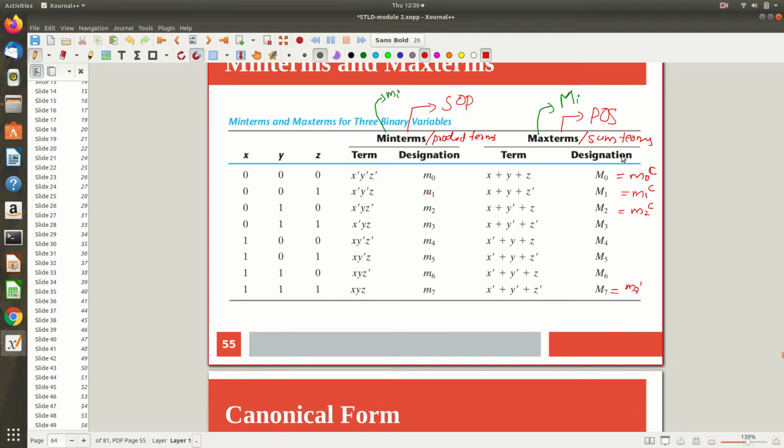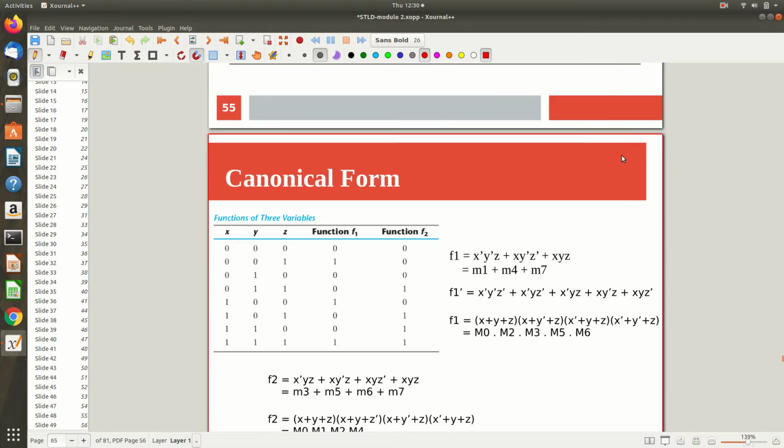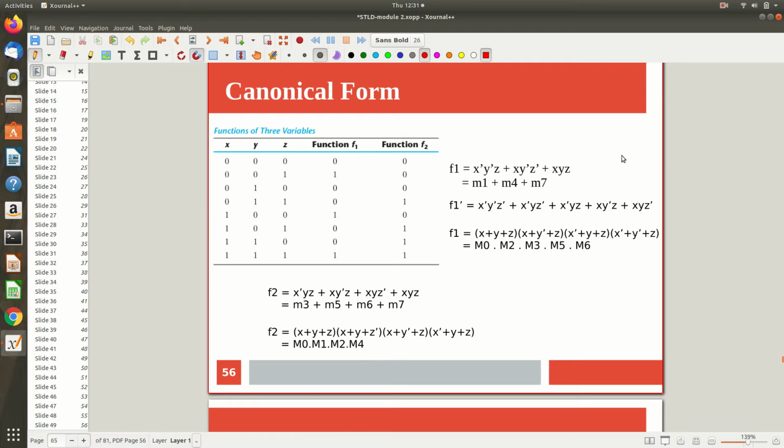Right now you just know SOP, you know how to come up with the SOP for a given expression. Here I have a function, and you know the procedure. Wherever I am getting a 1, this is the first column where I am getting a 1, and the term I am writing like this: x dash, y dash, z. That is the first term. Now I am getting 1 here: x, y dash, z dash. Another one, I am just focusing on F1 only right now, that is x, y, z. So these 3 terms are coming like this. Hope it is clear, right?